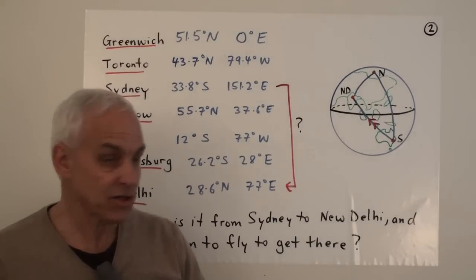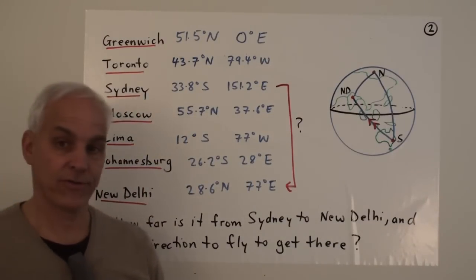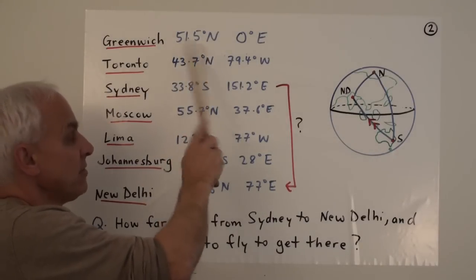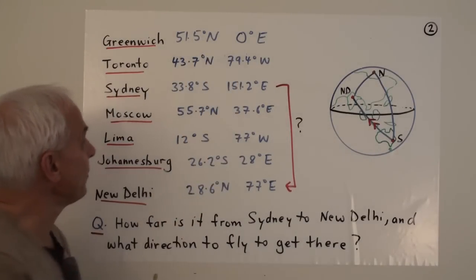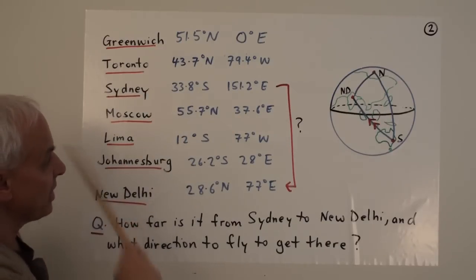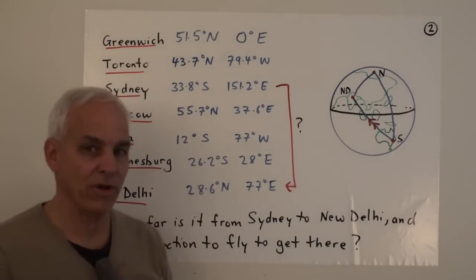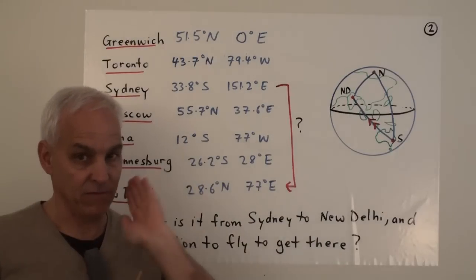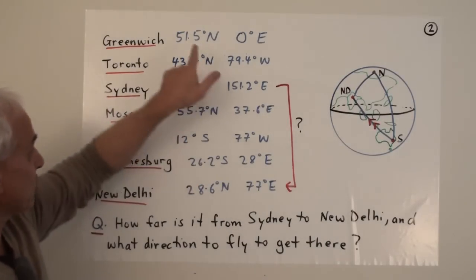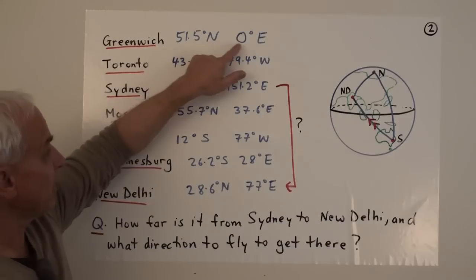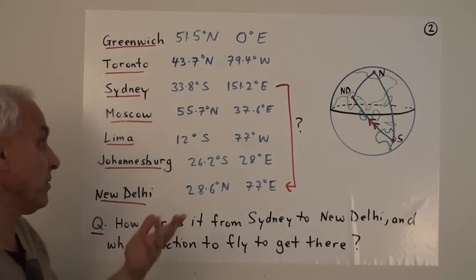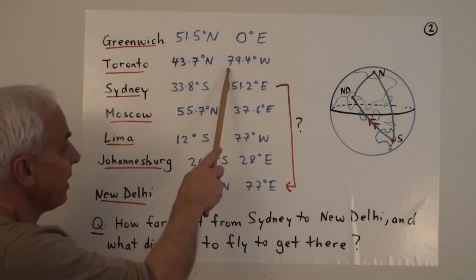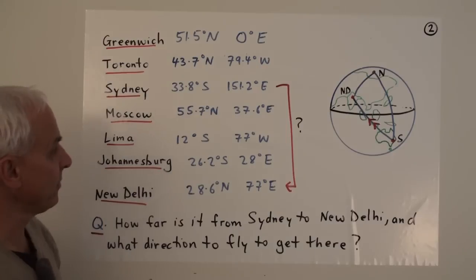So here are some places with corresponding coordinates. And it's usual to express the latitude angle first and then the longitude. So Greenwich, England, which has a historically primary role in this subject because it, by definition, is the place where the line of longitude 0 goes through. That has coordinates 51.5 degrees north, 0 degrees east, or 0 degrees west. Toronto is 43.7 degrees north and 79.4 degrees west.